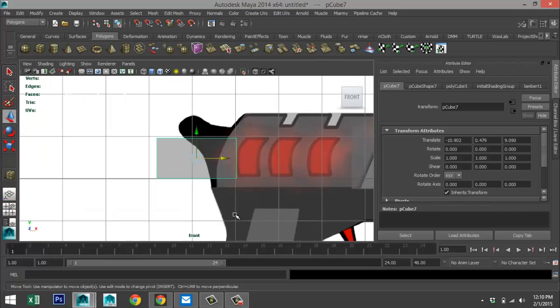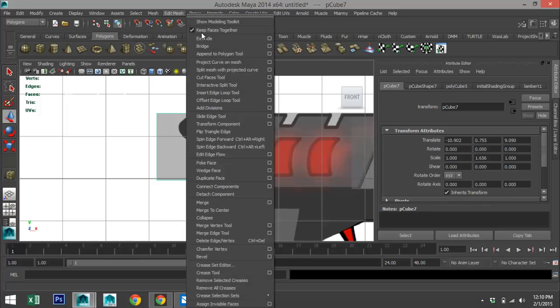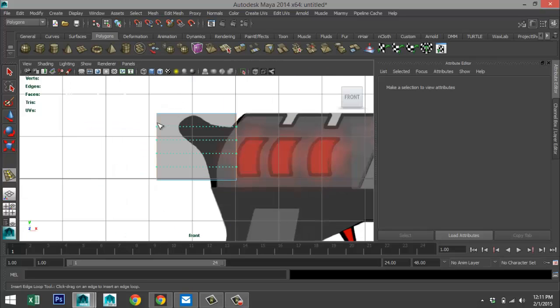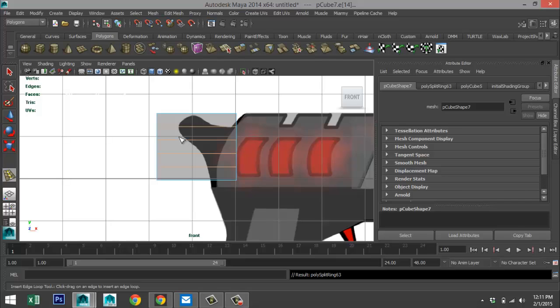Okay. So we're going to scale that up a little bit. Hit W, we're going to move that up. Let's add some subdivision, edit mesh, insert edge loop tool, option box, multiple edge loops, and we'll do 4, which is fine. There we go.